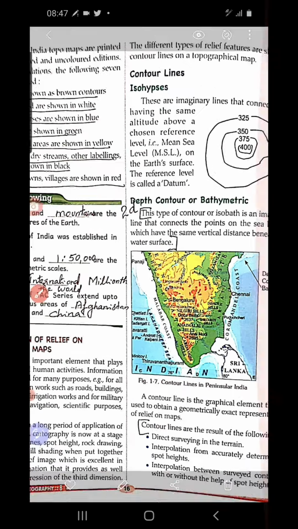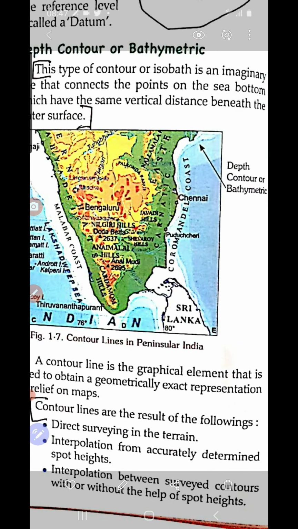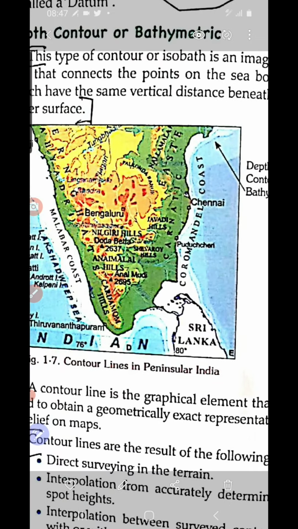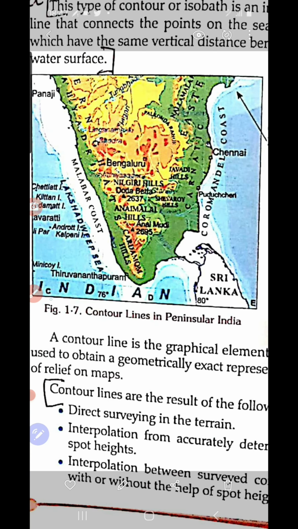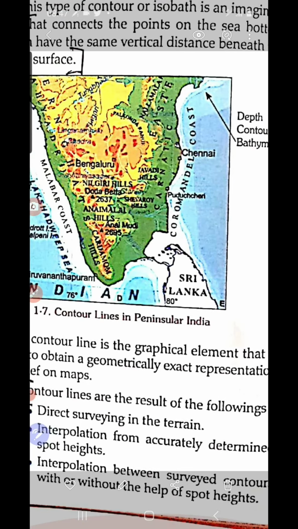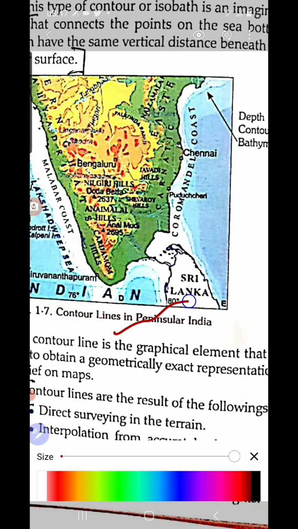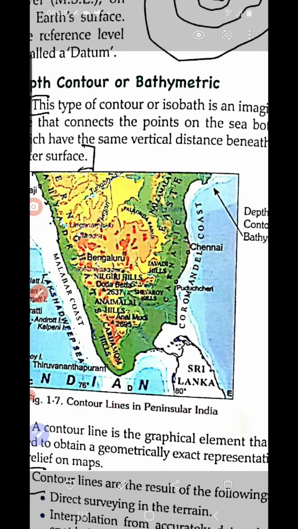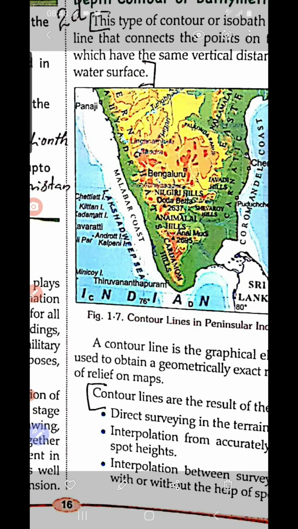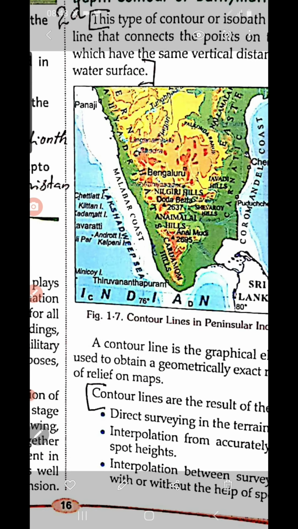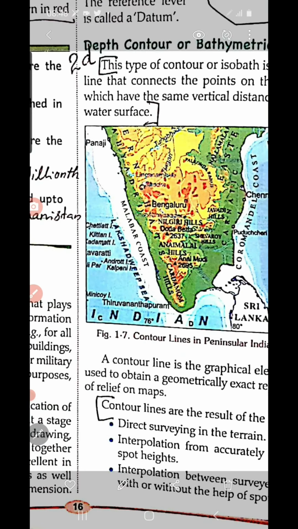we have to discuss is this part. Contour lines are the result of the following. Simply, one cartographer cannot draw any contour lines, isn't it? Suppose you are making the survey map, you cannot simply make a pattern like this, no? First of all you have to make a direct study. You have to go to that place and measure the real height of the mountain or hill. You also have to make an appropriate three-dimensional picture of this mountain or plain, which is a very difficult task.